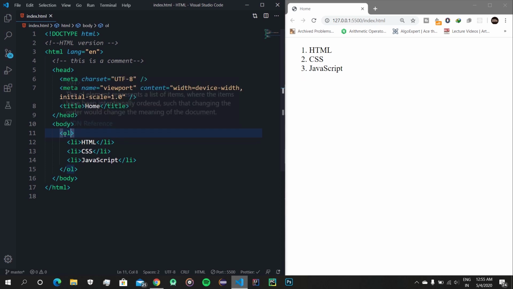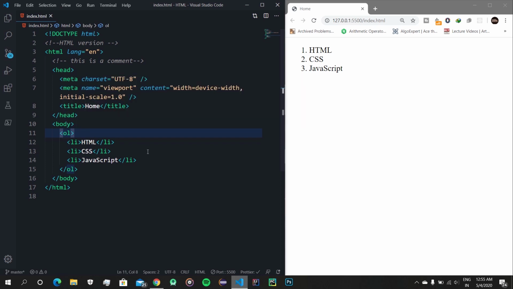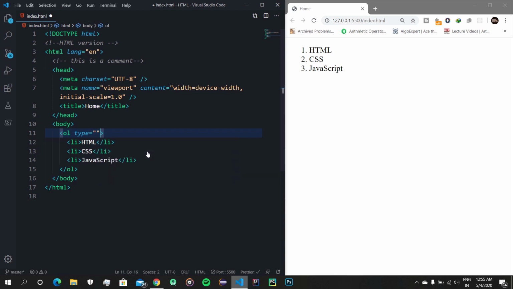So after the OL and before the greater than sign, you write type equals to quote unquote and capital A for a capital ABC, and as you can see on the web page, in place of numbers we are getting ABC for the list counting.